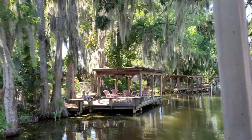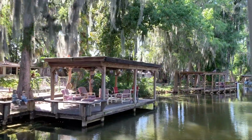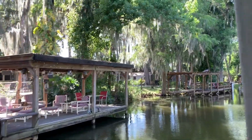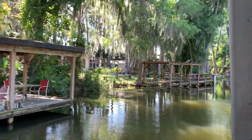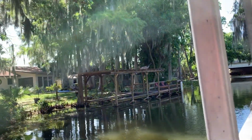Coming up ahead, folks, is the State Road 19 bridge. To the right will take you back towards Tavares, Mount Dora, eventually 441, and you can go either way. To the left will take you out to Howey-in-the-Hills. What's interesting about this bridge is that when we go under it and come out on the other side, we're going to